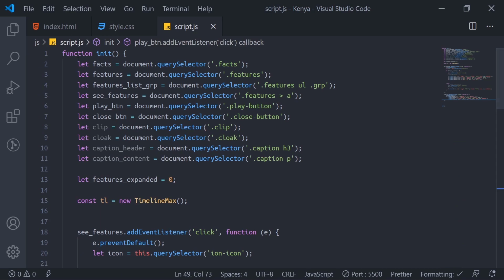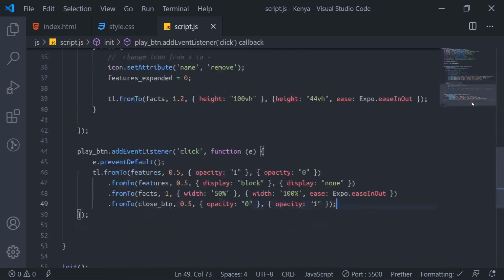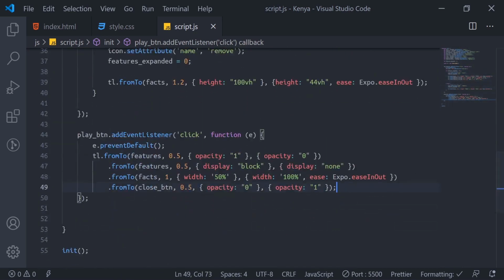You know what? Oh, animate the clip. So dot... something is not right here.